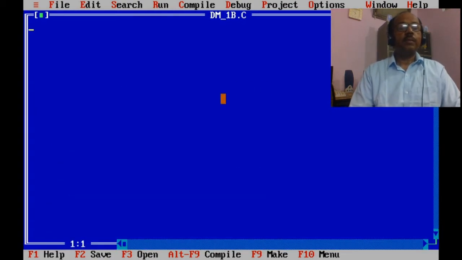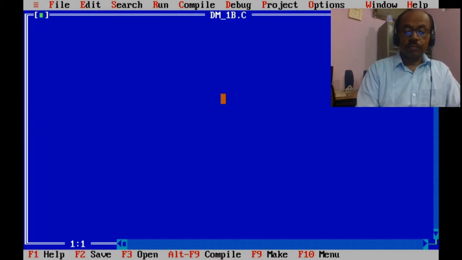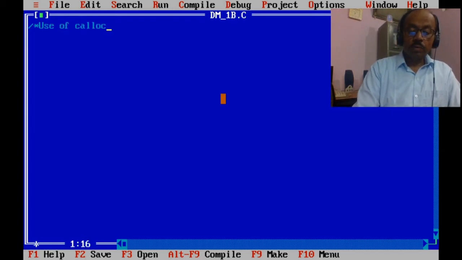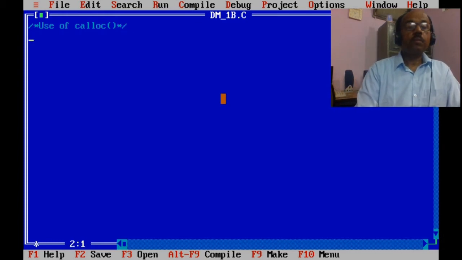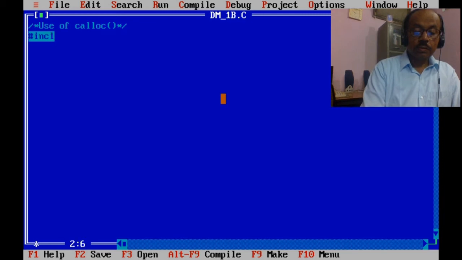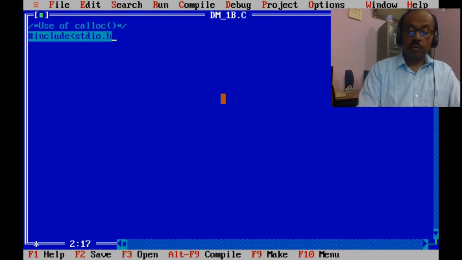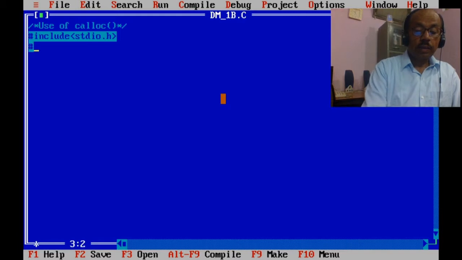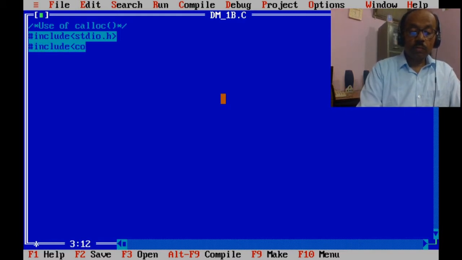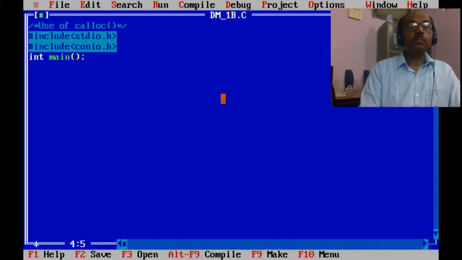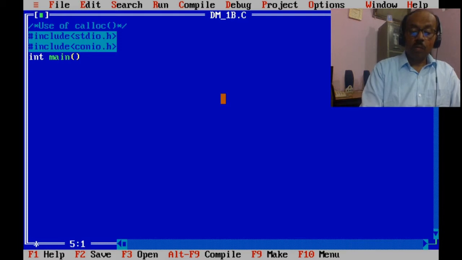So let's take another example to show the use of calloc. #include <stdio.h>, #include <conio.h>, int main, curly bracket.